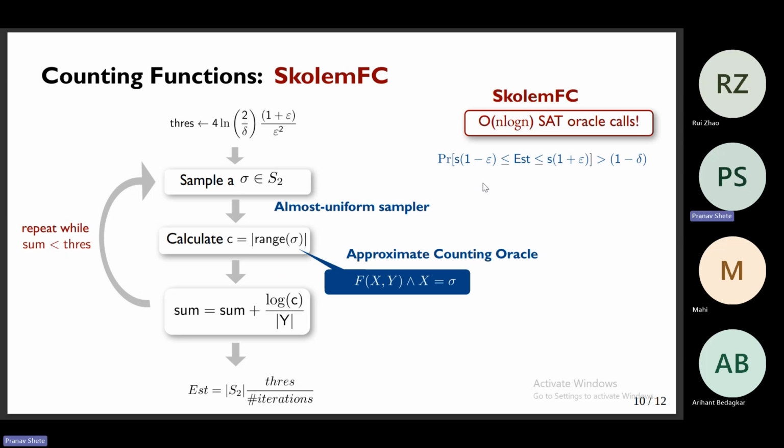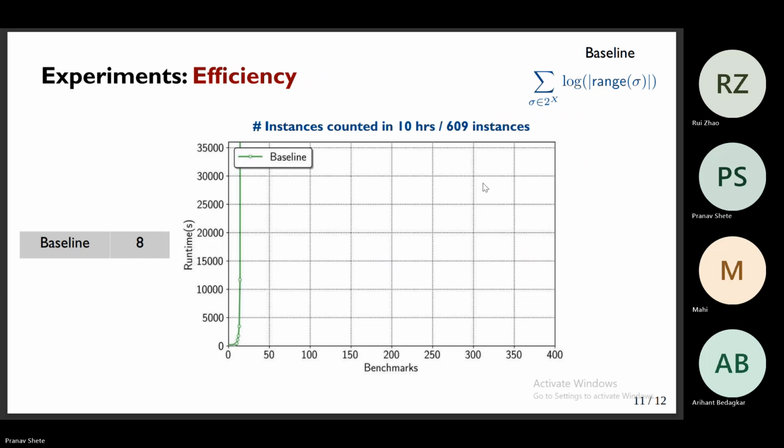that we get from this ScalarFC that lies within this bound of epsilon with the high probability of delta. So we tried that algorithm on a set of benchmarks. We picked that set of benchmarks from the domain of synthesis. So we had 609 instances from the synthesis domain. And we tried